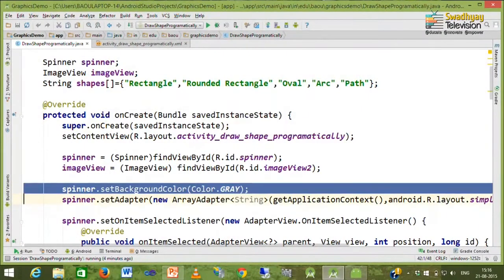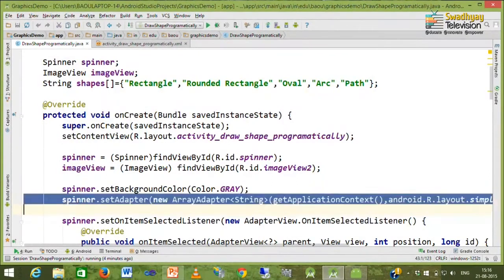We have set the spinner background as gray, and we fetch data from the shape array using the setAdapter method, and inside it we create an instance of ArrayAdapter.